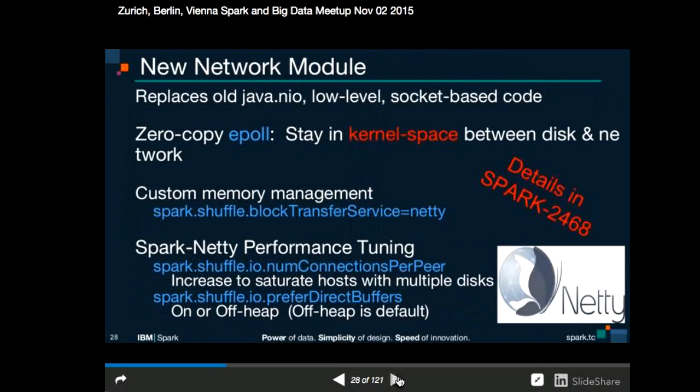There was a new network module introduced. The key here was using Netty, using zero-copy epoll. This is huge. So this is going from the network to the disk. There's no user space involved, right? There's no Linux user space, so there's no copying. That's why it's zero-copy. Because typically the way it was doing it before Spark 1.2 was